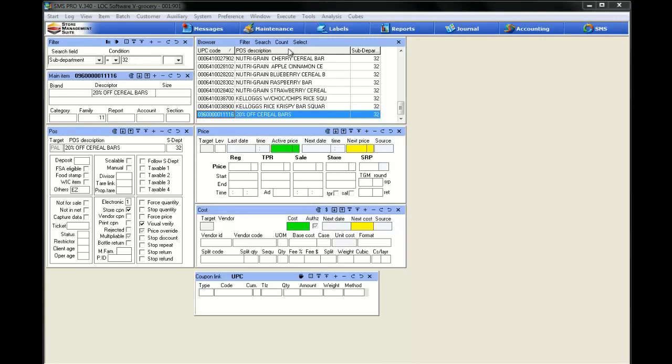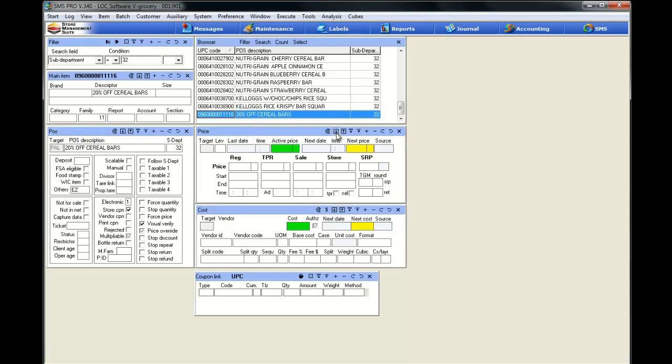in the filter. And if I go and hit the count function here, I can see there are 27 total items in the browser that are in that subdepartment, minus one here for the coupon that I put in that subdepartment too. So we got 26 regularly priced items up here that are going to be affected by this particular coupon. So what do we do? Well, we know we don't use the price table for really what it was intended to,